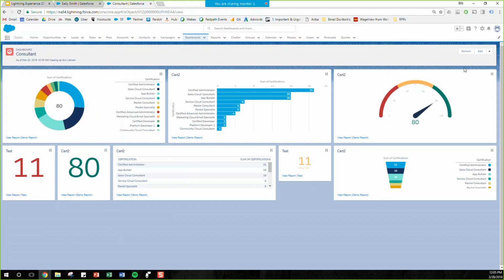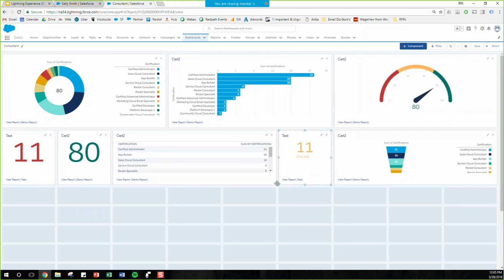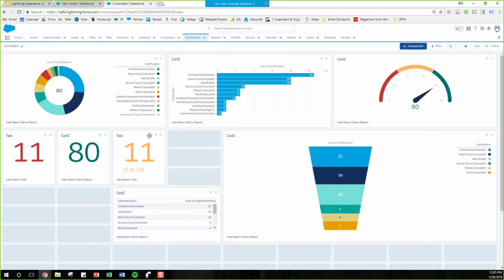So I can easily move these different components around by clicking on edit. So maybe I want to make this a little bit bigger. I want to make this a little skinnier here. So it's simply just moving that around. I can drag and drop and it will automatically push things around. I can make this much larger to call out information. So it's very easy to modify this, and creating components on the dashboard is very similar to how you would